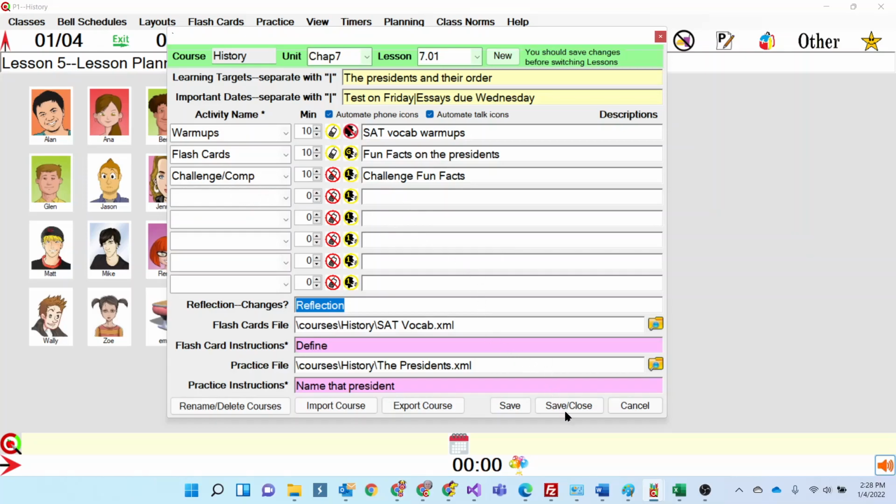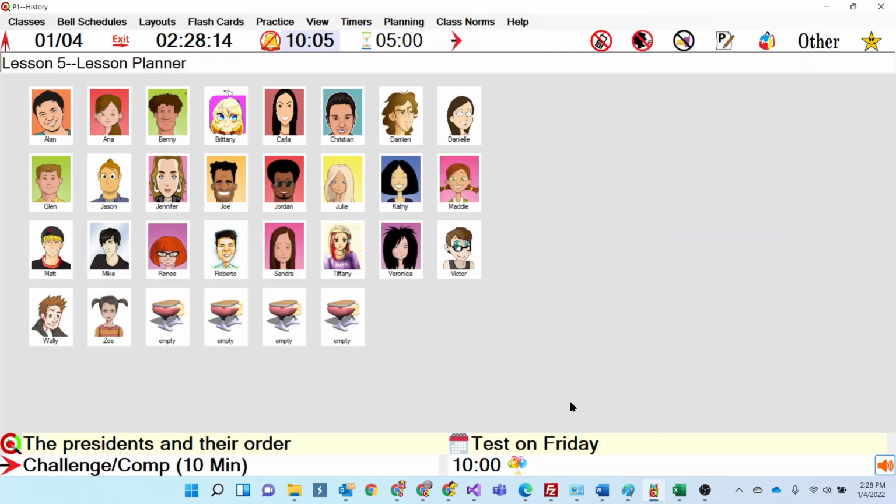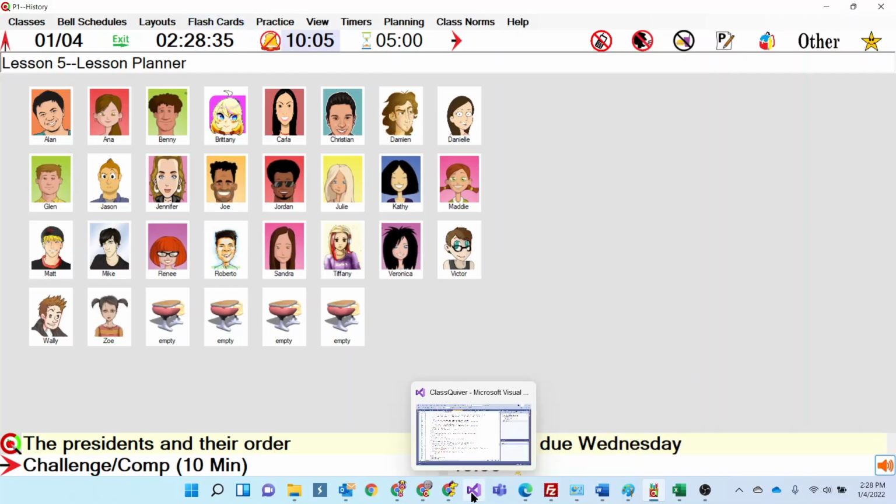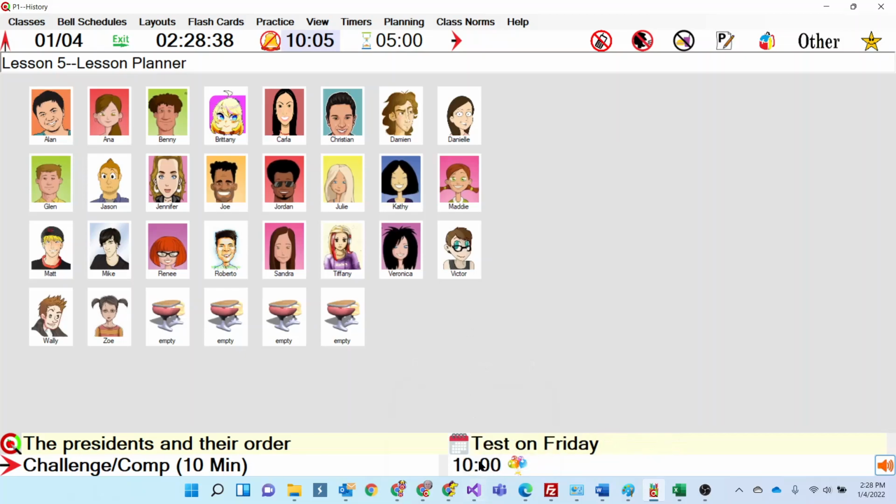I'm going to save this now and just see what the effects are before we come back and see what it's like to create a new one. So I'm saving this, closing it, and you see immediately there's your dates, your due dates that are presented. Here's our learning target for the day, and here's the first activity. Now, if classes started, this would come up automatically, would start a timer. Since I'm recording this outside of the class time, I would just click on it, and I could start my timer. So this is the activity that we would be doing